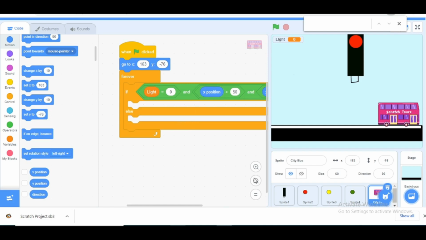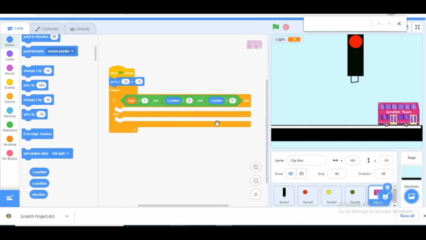Okay, now let us see. I will reduce the size a little. Now you can see when the red light is on, at that time we have to check our X position. See, our bus is moving from this direction to this direction. So when the red light is on, in this position our bus will stop.